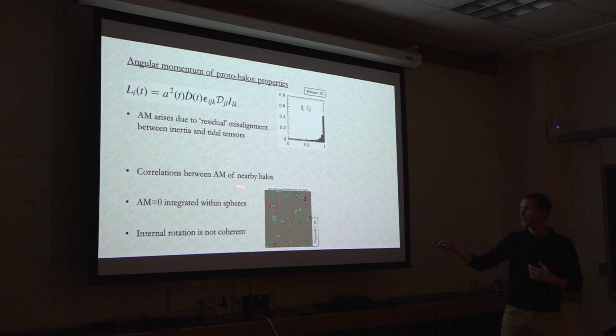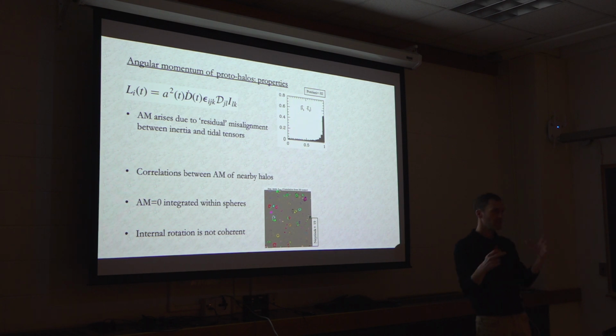We can also expect to get correlations of angular momentum between nearby halos, because nearby halos, while they may have different inertia tensors, will be affected by the same or similar large-scale tidal field. So this gives us some idea that we might expect some intrinsic alignment of galaxies. Another interesting thing to note is that the angular momentum is exactly zero in the linear phase within spheres. This is because the initial field is curl-free. So if you integrate within a sphere, you get